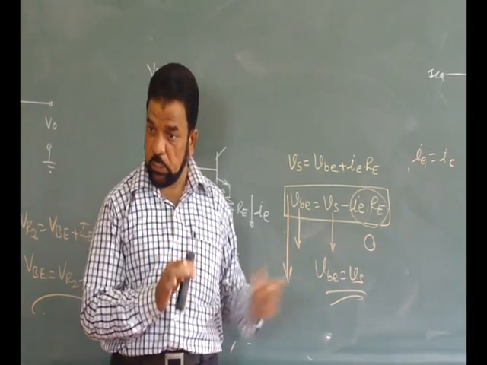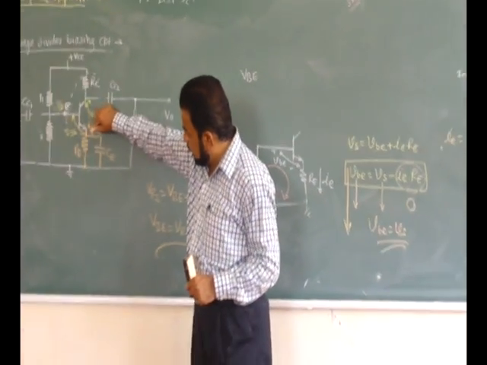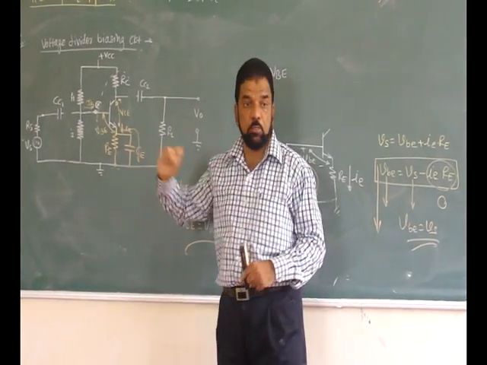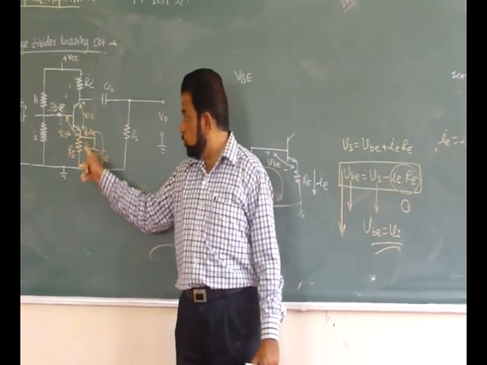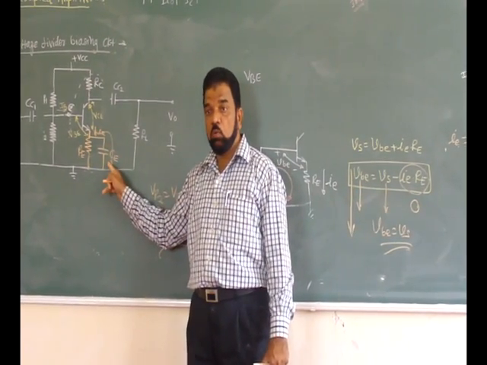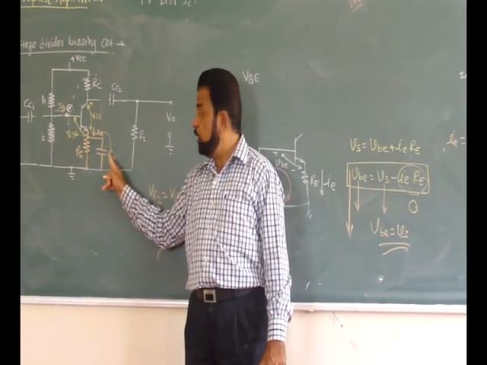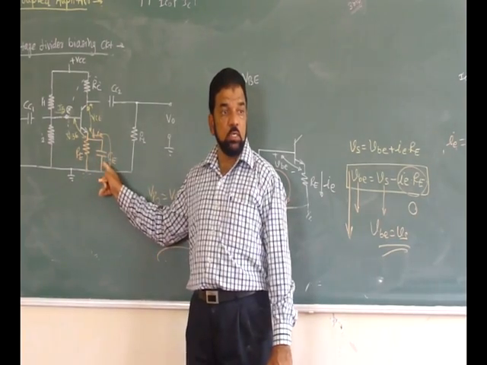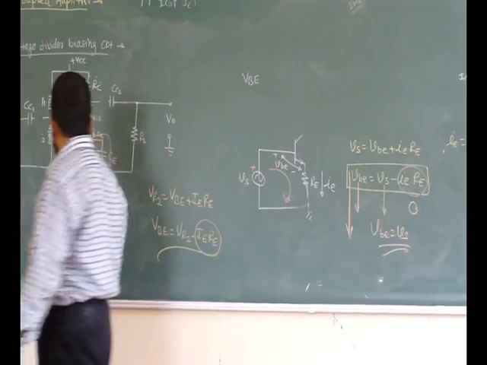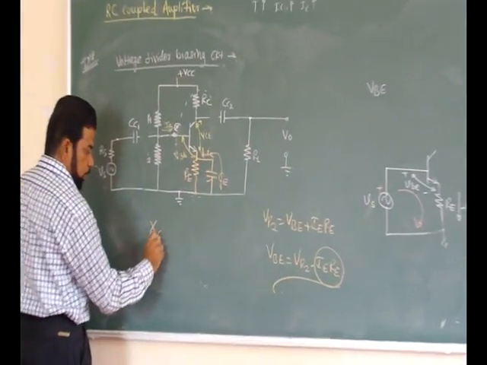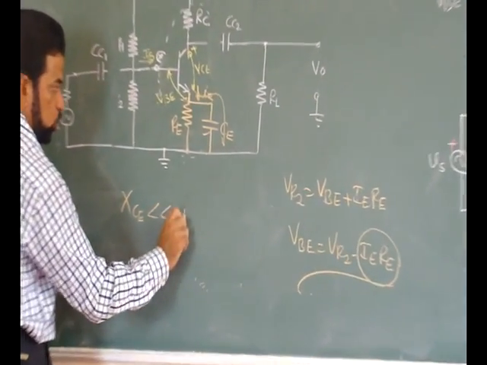So my focus is that the entire AC current should pass through CE. And the current will prefer this path when the reactance offered by C is much less than RE. So in the design, when you are selecting this component, your XCE should be much less than